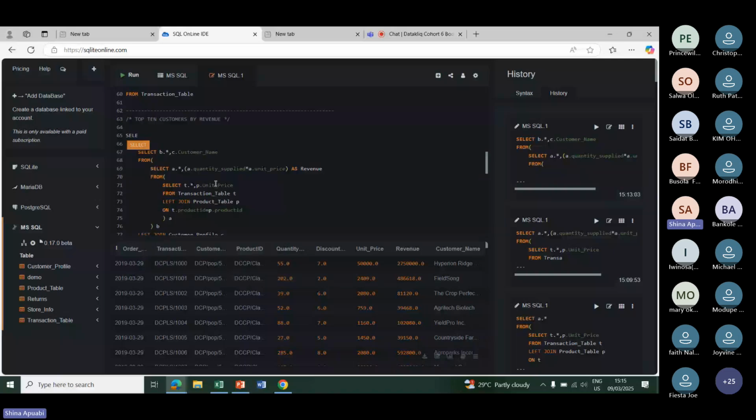We can now say select customer name. Now we have to add the tag d dot, comma, because by revenue is what we are looking for. So it will be sum. We now add our aggregate function. Remember we talked about it. So we'll say d dot. No, let me